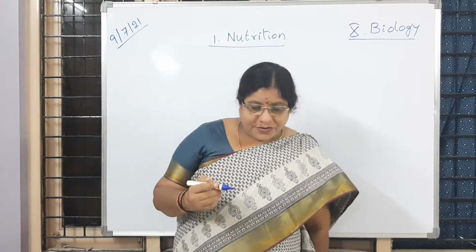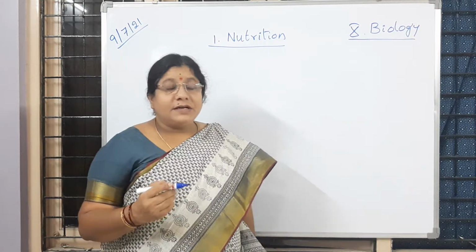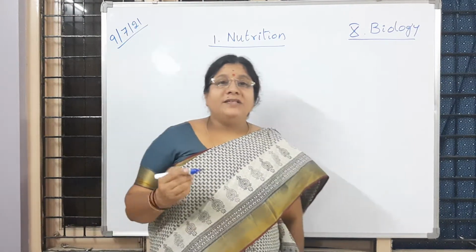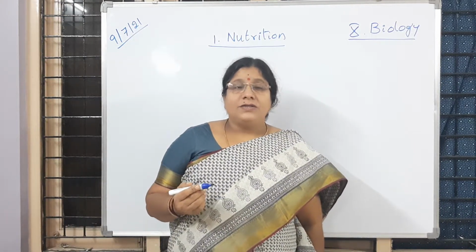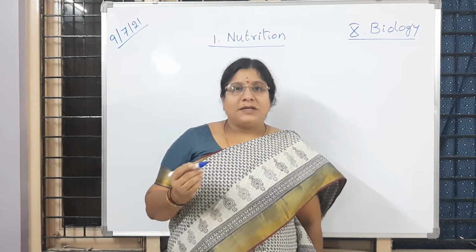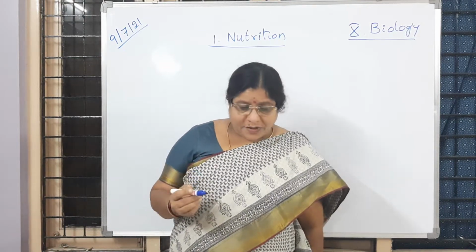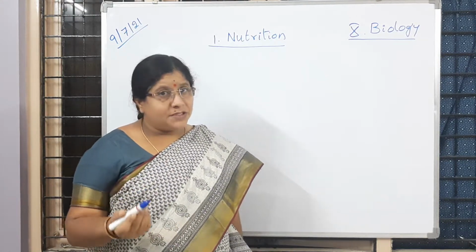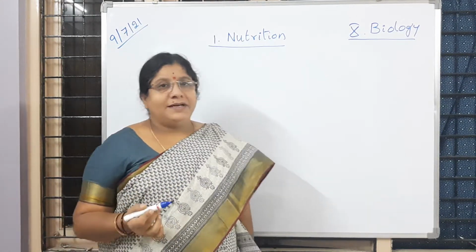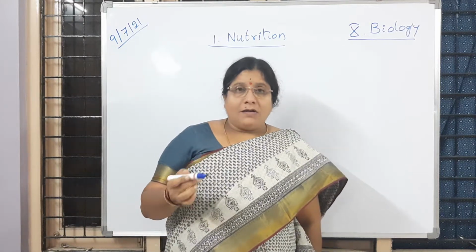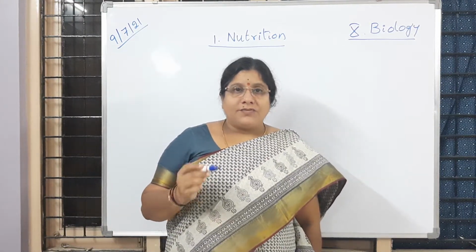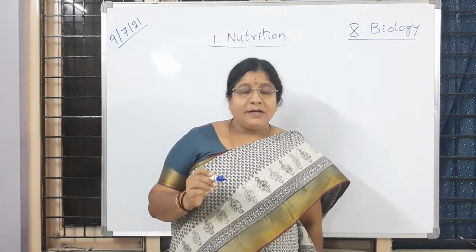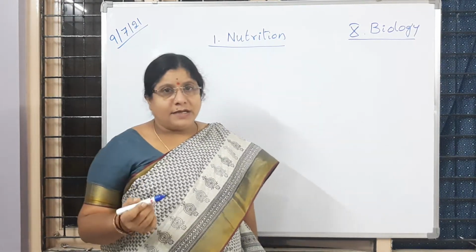Then, in the second step, the energy fixed in the chlorophyll helps in splitting the water molecule into H plus and OH minus ions. That process we call Hill's reaction. The splitting of water molecule in the presence of light through light activated chlorophyll is called photolysis of water. Photo means light, lysis means breakdown of water. Is it clear to children? So it is also known as Hill's reaction.